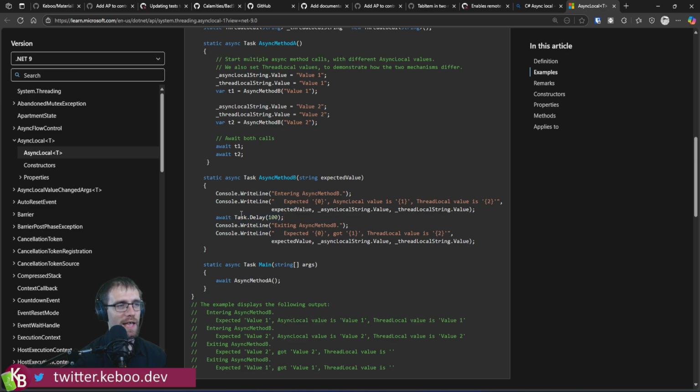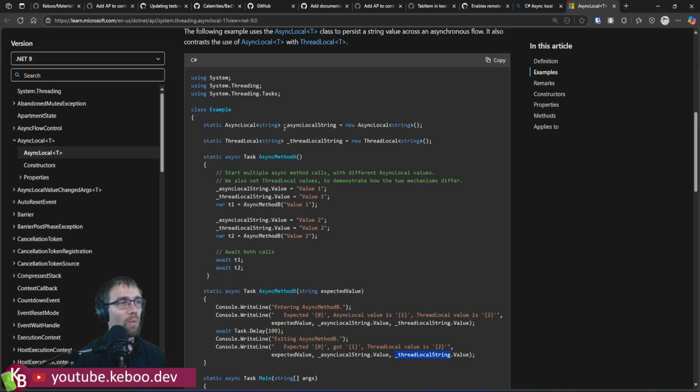Oh, I'm done with my delay. Who's next? Thread 2 picks it up. Thread 2 picks it up and goes down here. And so that thread local storage is a different value per thread, right? Different value per thread. Now, one of the awesome things about thread locals is you get into this situation where